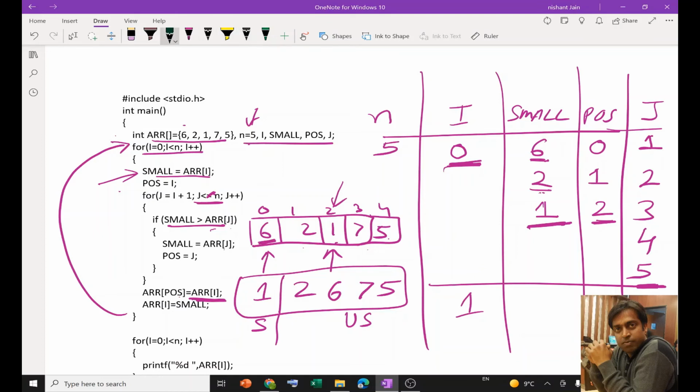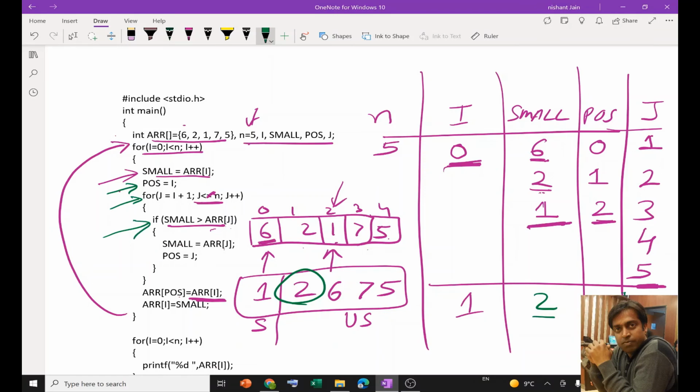And then POS is equals to I, which is 1. Then this j loop will start from I plus 1, meaning it will start from 2 till n, and then again I will check if small is greater than array j.